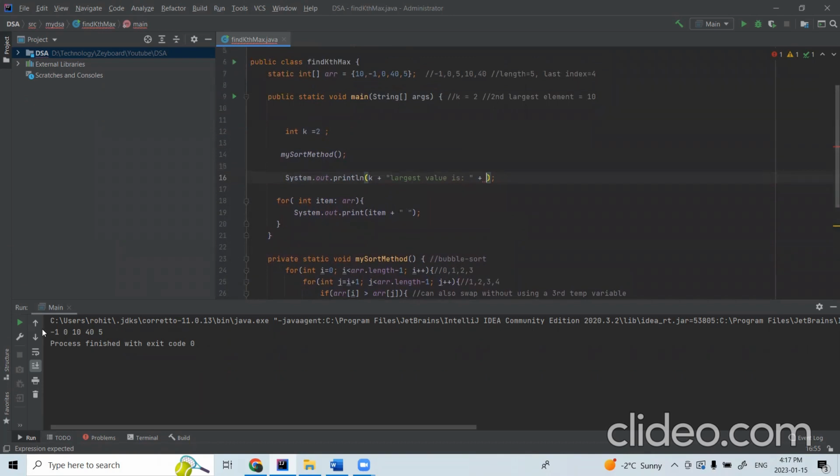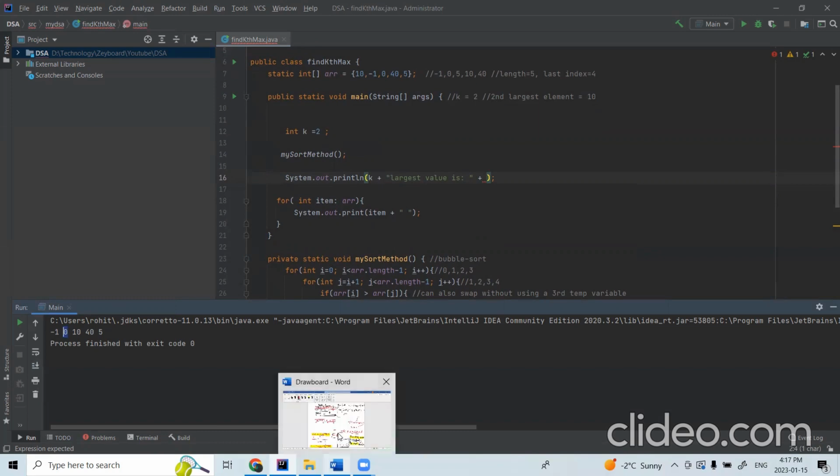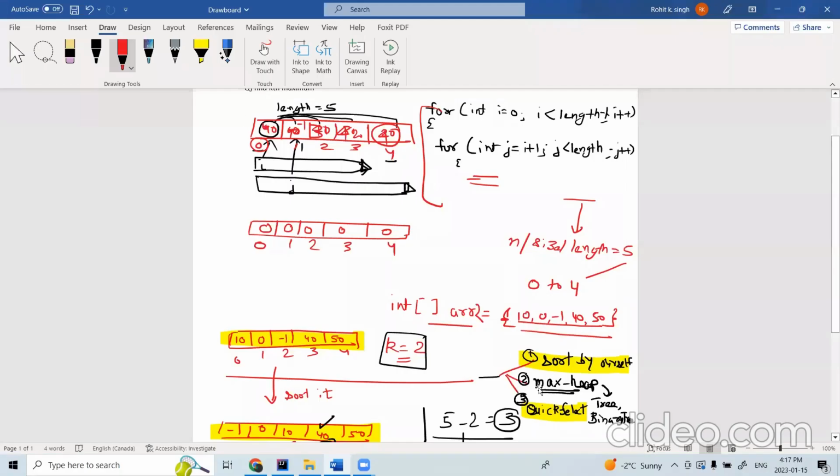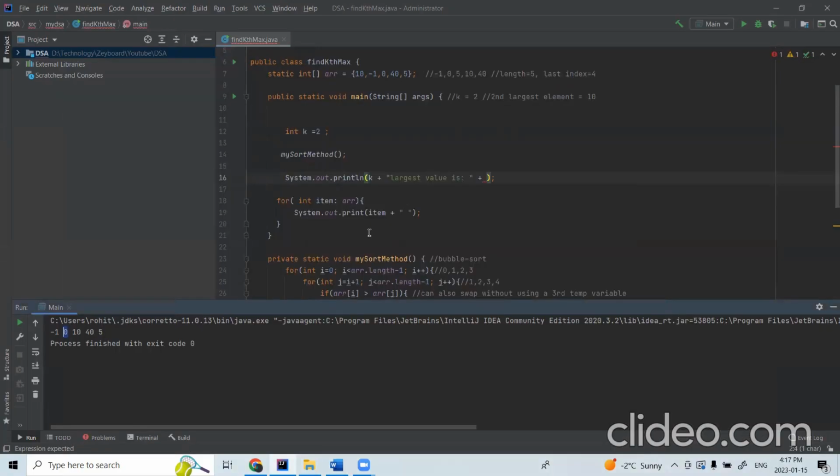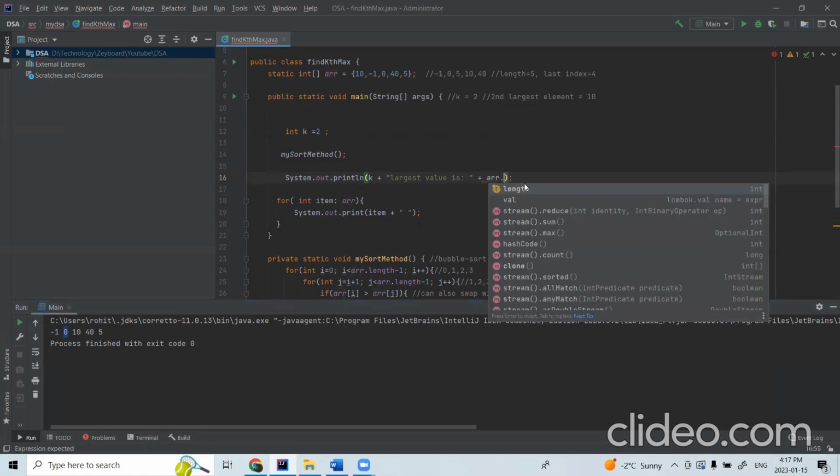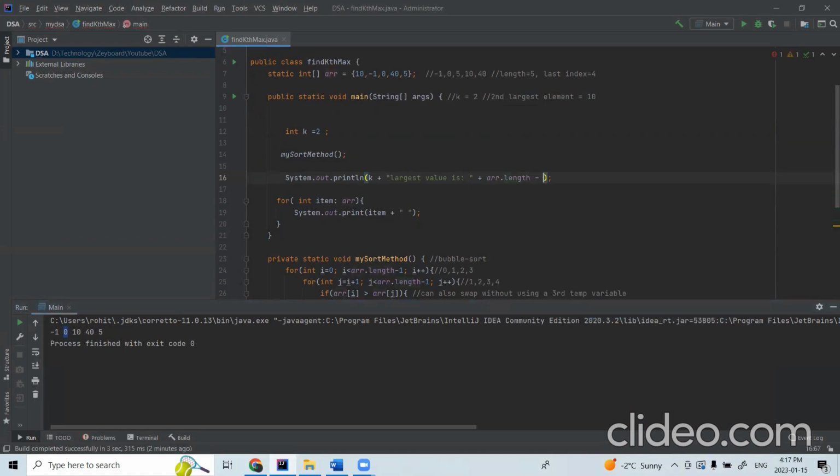So I don't have, this is sorted in increasing order, so I cannot directly say give me the second index value. I have to get the second largest. So again, same thing that we have discussed here. Basically, we have to subtract it, right? 5 minus 2 from the length or the size of the array, subtract the value of k, and you will get the corresponding index. So the length or size of the array can be got by array.length, and then you have to subtract